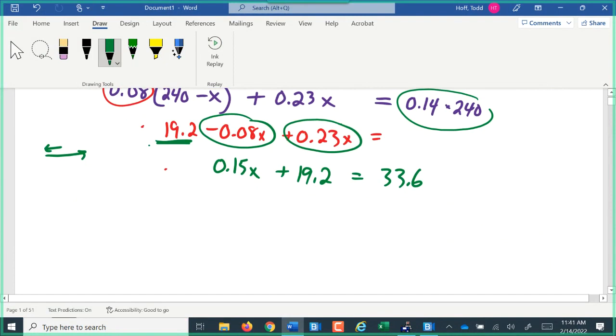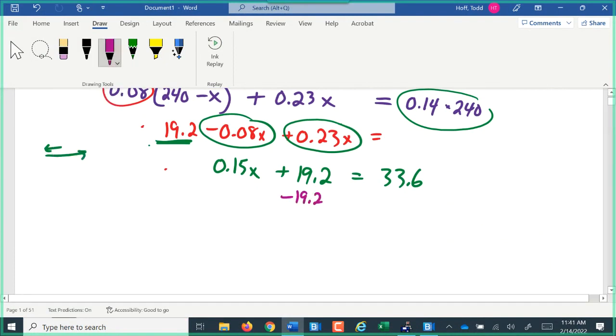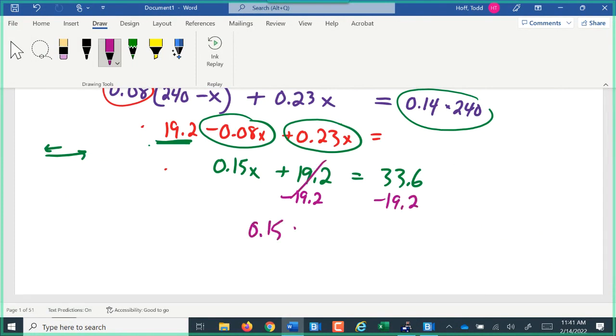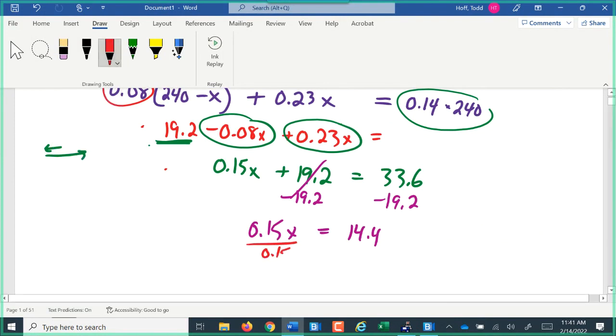Now I have an equation that we're ready to solve. So let's go ahead and subtract the 19.2. 0.15x equals 14.4. And I'll divide by the 0.15. x equals